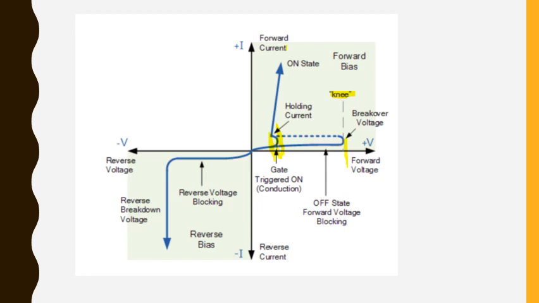voltage also. After it goes breakdown, it will be stuck at 0.7, which is the breakover voltage of the PN junction, and after that the current is going to increment. And the current goes on incrementing. Even at that particular time, if I remove the gate voltage or gate current, it is not going to affect your SCR. So gate loses its control over the SCR, and after that the gate can be removed.